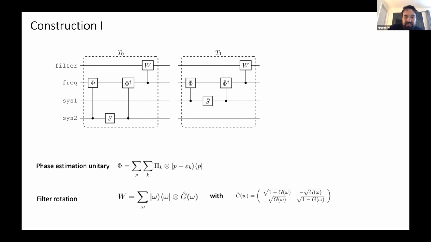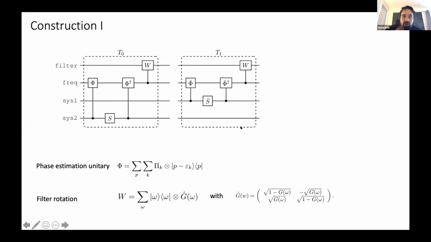The next thing is a filter rotation that, depending on the value of the Bohr frequency, applies a single qubit rotation, under the assumption that g(ω) is positive and between 0 and 1, which you can make so. If you do that, you construct the following isometry T0. You first do a phase estimation, then you apply the Hermitian reflection S as the kick operator. Then you undo the phase estimation that you initially did on the same pair of registers, and that computes the relative Bohr frequencies that you incur from having had that kick operator,